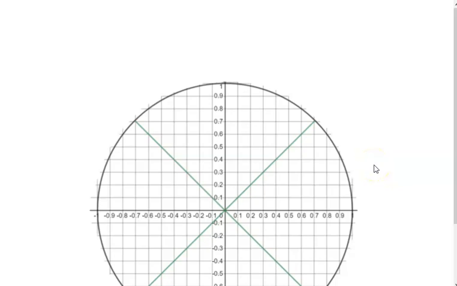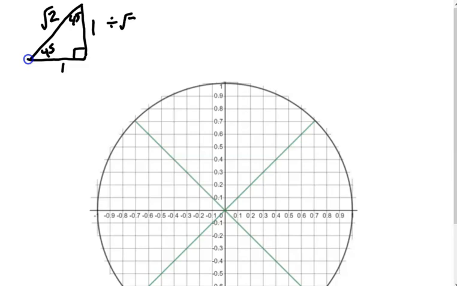Now we're going to do the same thing on a unit circle, but with our 45, 45, 90 special triangle. So let's draw the 45, 45, 90. Notice that both legs are 1, so 1, 1, and the hypotenuse is the square root of 2. Now if I want to create a similar triangle that has a radius of 1, or a hypotenuse of 1, I'm going to have to divide everything by the square root of 2. So if I divide by the square root of 2,